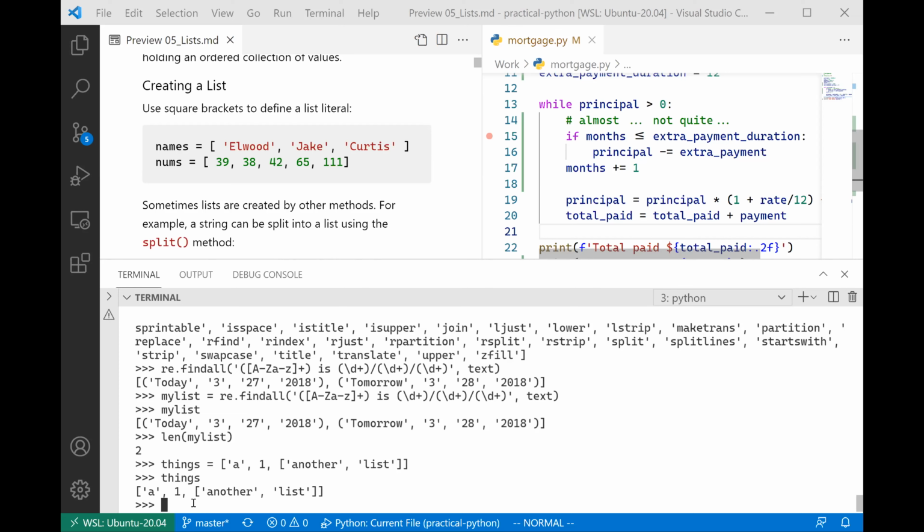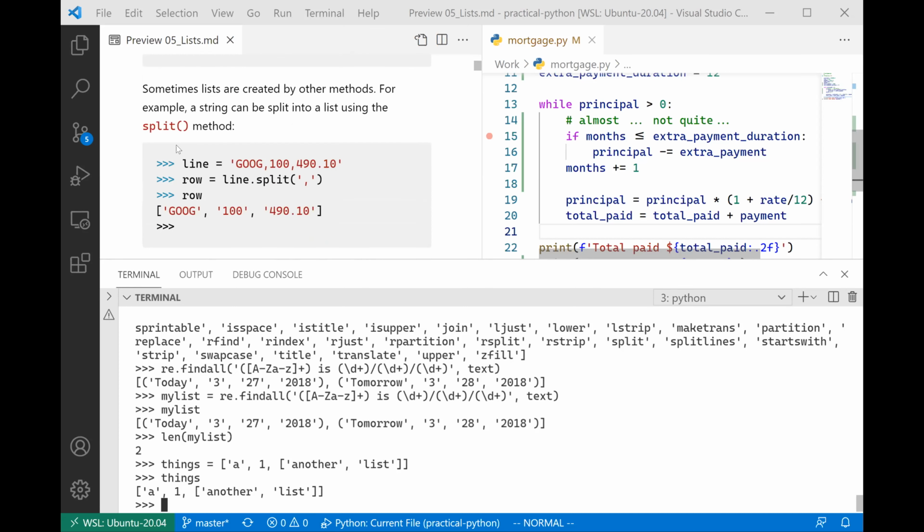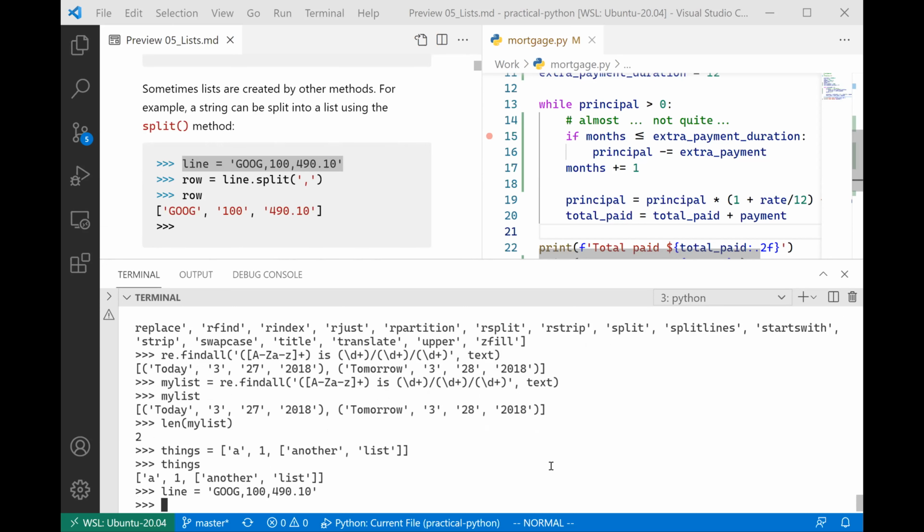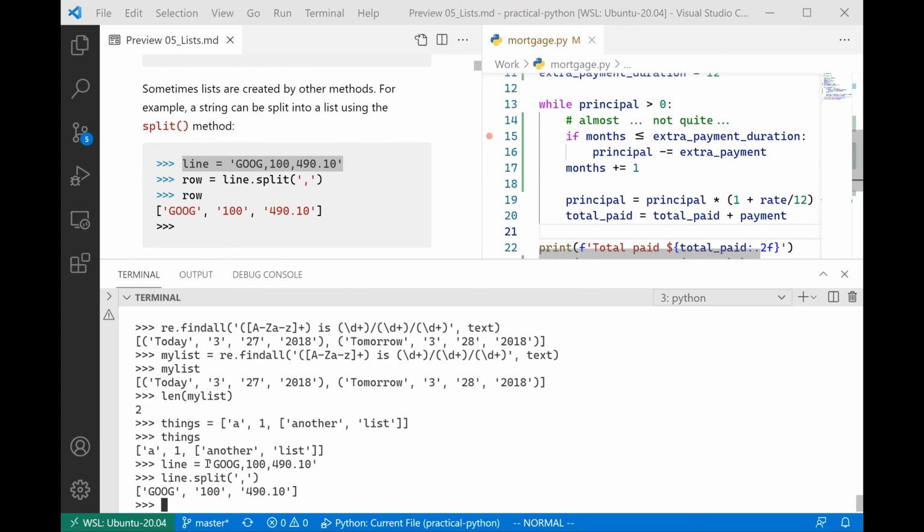If I had a piece of text, let's say a bit of text like this line, which might represent a stock price, if I say line.split, we talked about split before, what it's doing is taking that string and giving me back a list. Why do I know it's a list? Because I can see these square brackets. So if I take that and put that into a variable,